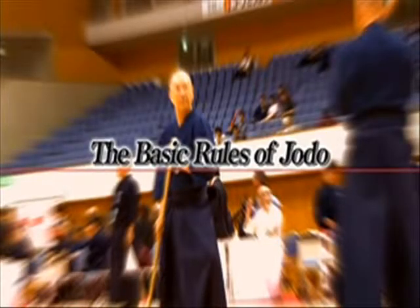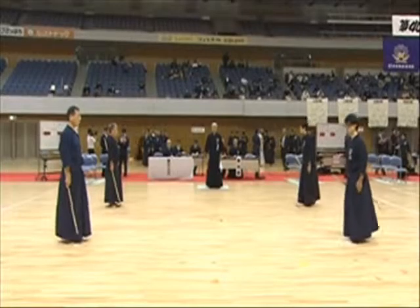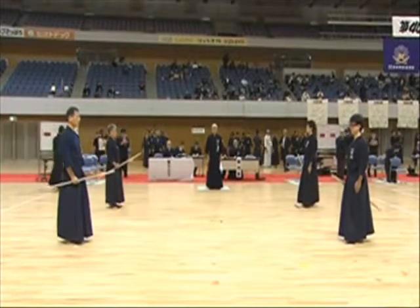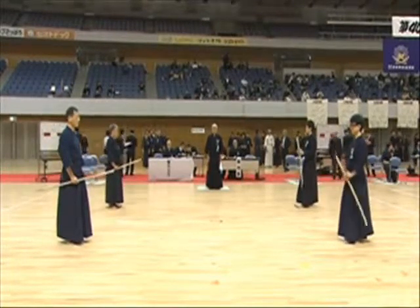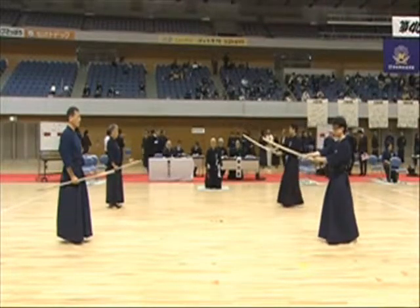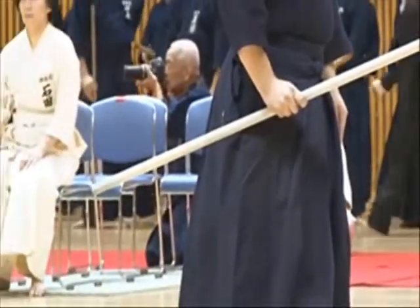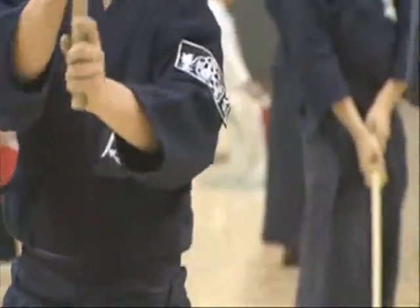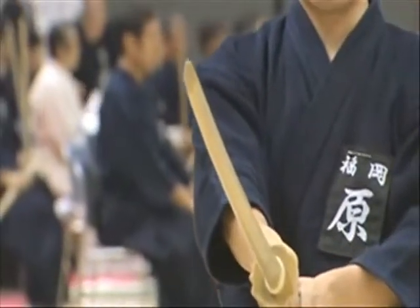So what are the basic rules of jodo? In competitions, participants perform 6 out of 12 designated routines or kata. The kata match the martial artist's rank. Judges evaluate the performances. However, a closer look reveals that while some participants carry a wooden staff, others wield a